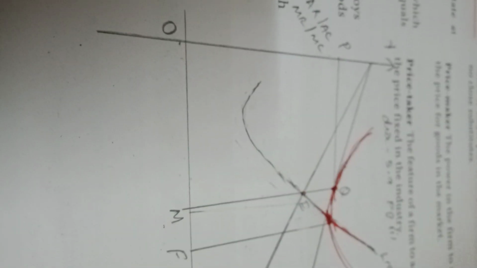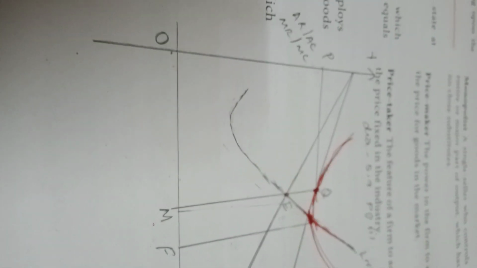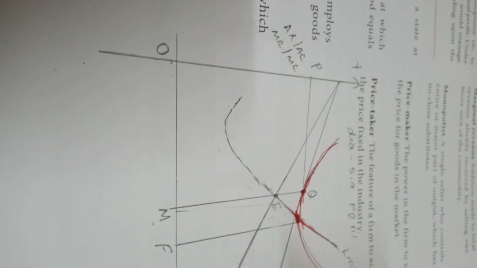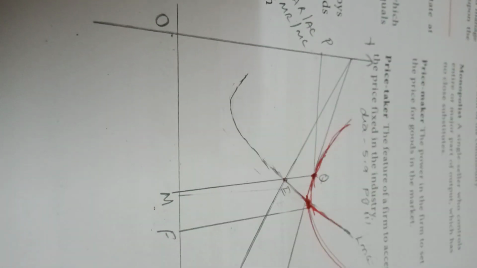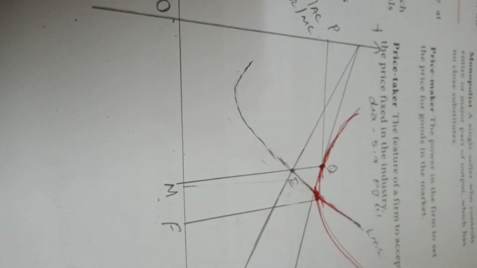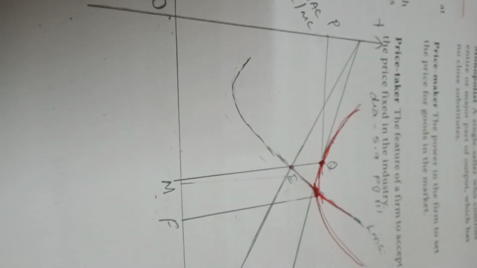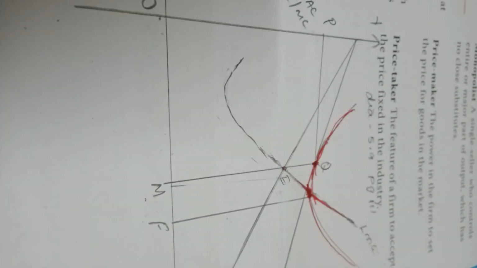All the firms are earning only normal profit in the long run. So when you find the total cost, again, average cost into number of quantity that is produced. Quantity produced is OM. Average cost is MQ. So when you multiply this again, you will get PQMO only, which means TR minus TC is equal to 0. That is what it implies. So a firm in the long run under monopolistic competition will earn only normal profit. If you just look into this comparative diagram or comparative chart, you'll be able to understand a firm in the long run.